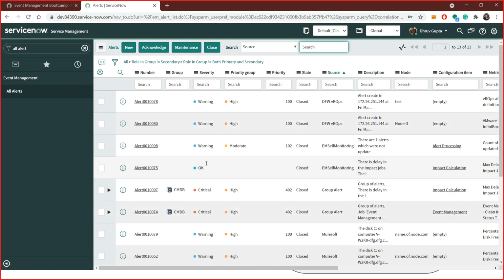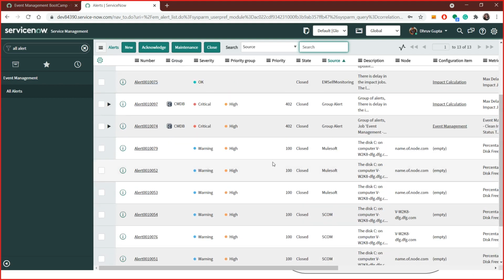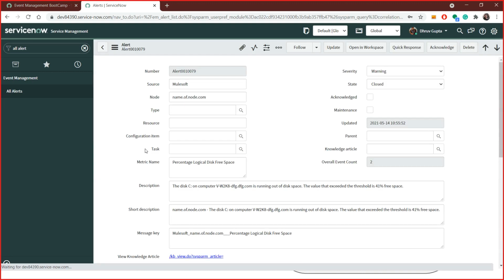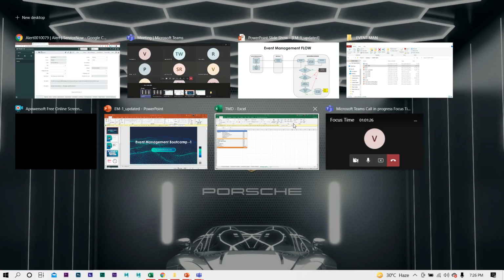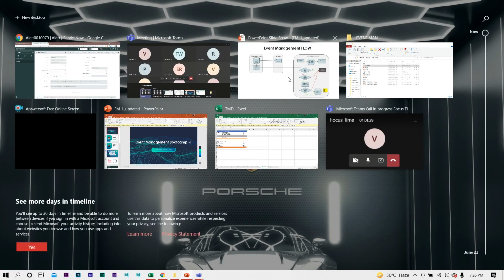So there are various grouping and correlation things, various types of correlation. That is one of the trickiest topics, so for that I am trying to bring someone from ServiceNow to explain it in a much better way. But for the time being, consider an alert as an event that you want to process, and that is important for you. You will see these fields in the lab as well, so we would be doing this in the lab. So let me quickly complete the deck, then we'll go for the labs, so that will make more sense.